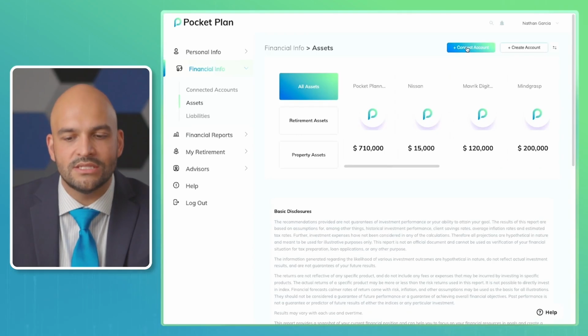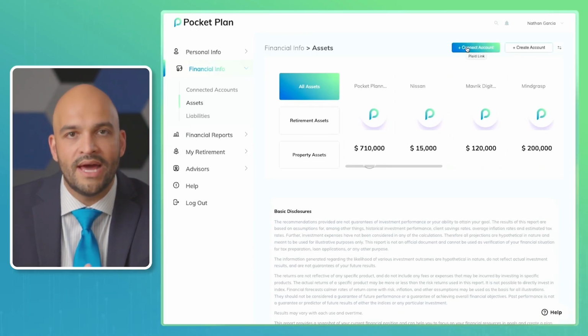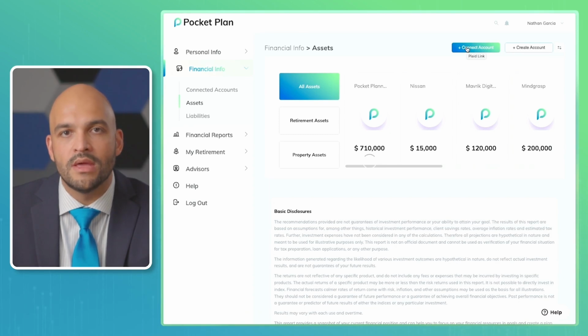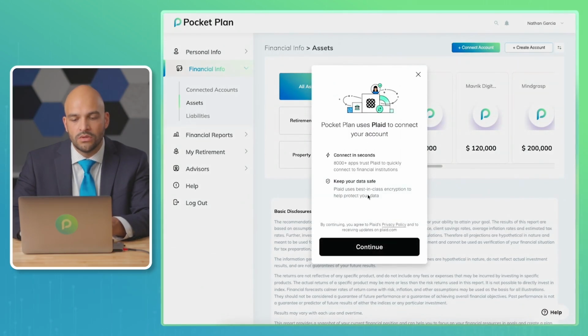You can connect assets to your account in two ways. The first would be to go through Plaid and to sign into your account. You've probably used Plaid already in other financial software or maybe through your work. What we do is we use Plaid in order to connect with your financial institution securely and then gather any